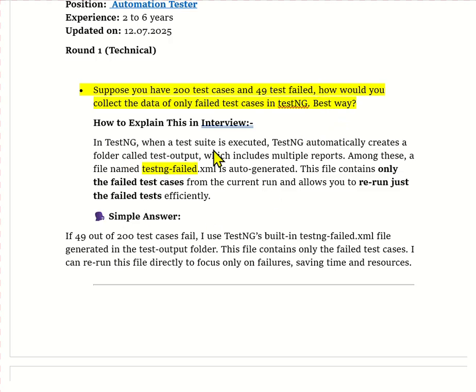For that, in TestNG, when the test suite is executed, TestNG automatically creates a folder called test-output, which includes multiple reports, and from these reports there is a file named testng-failed.xml, which is an auto-generated file, and this file contains only the failed test cases from the current run. So for rerunning the failed test cases, there is a test-output folder, and in that folder there is a testng-failed.xml file which is auto-generated, and we have to run this testng-failed.xml file to rerun